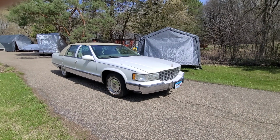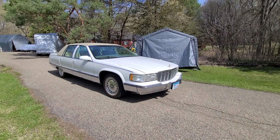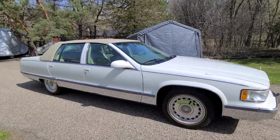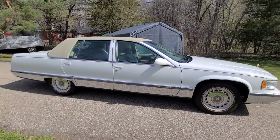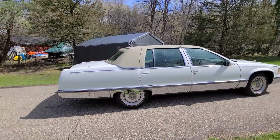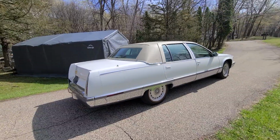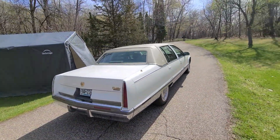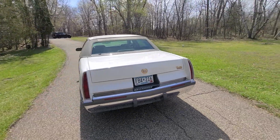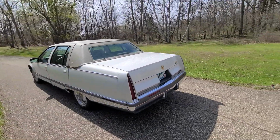Here it is, my 1995 white Cadillac Fleetwood Brougham. And in my opinion, she's a beaut. I have now 3 of these. I thought I would be getting myself down to one of them, this one. But instead,